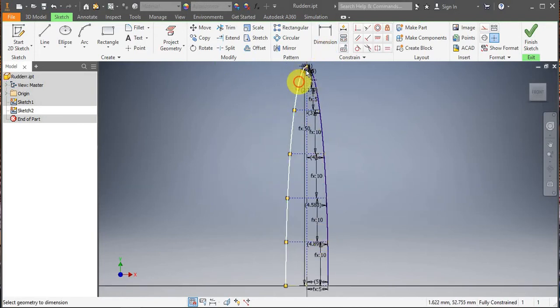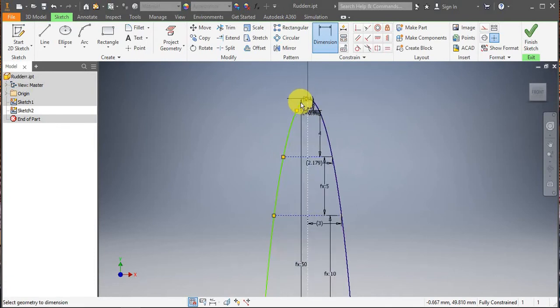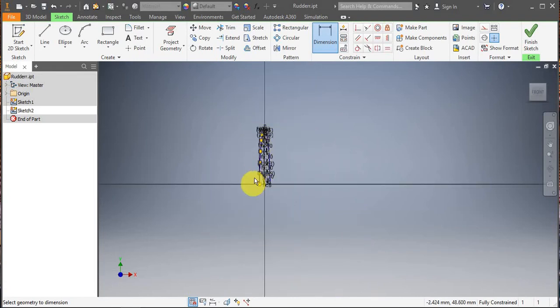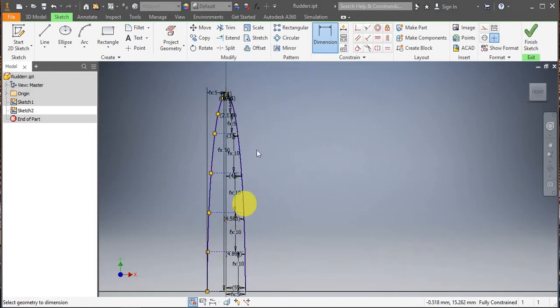Okay, and now I'll give it another dimension. Again, this will be my chord, and the rest is done. Okay, so that's perfect. So now if I go and finish sketch,